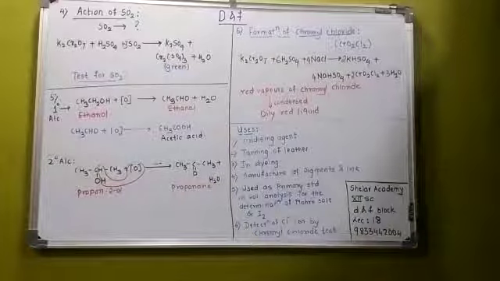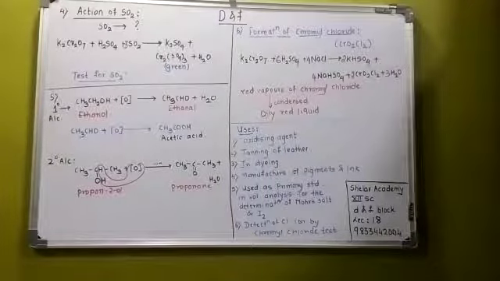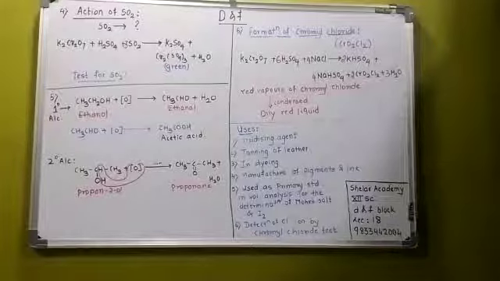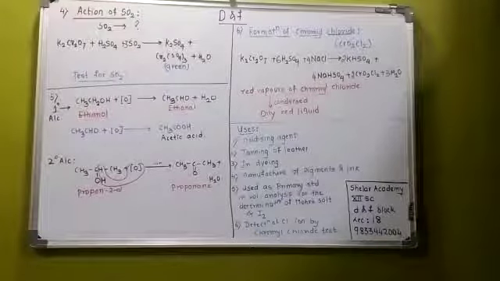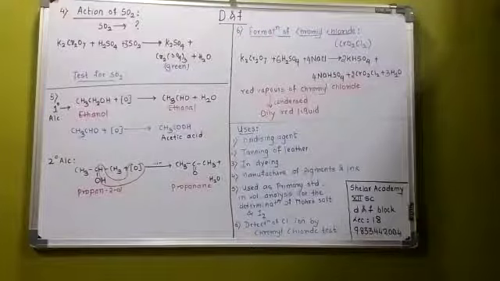The next reaction, if you remember, we have already done in the oxidation reactions: primary alcohol is oxidized to aldehyde, and aldehyde is further oxidized to the corresponding carboxylic acid, in the presence of acidified potassium dichromate. Next, if it is a secondary alcohol, then it is converted to the corresponding ketone and H2O. That is the reaction we have already done many times in the oxidation of primary and secondary alcohols.